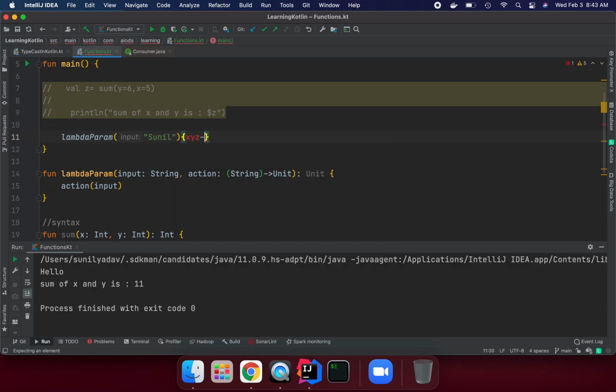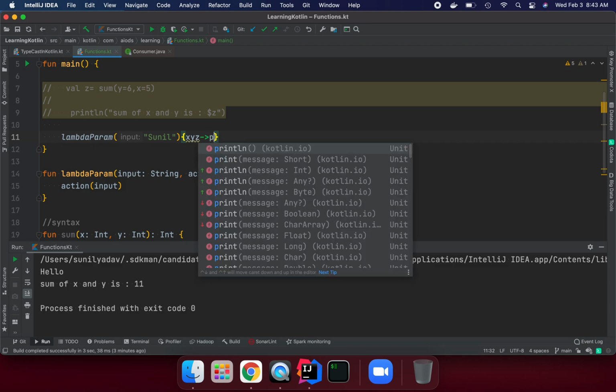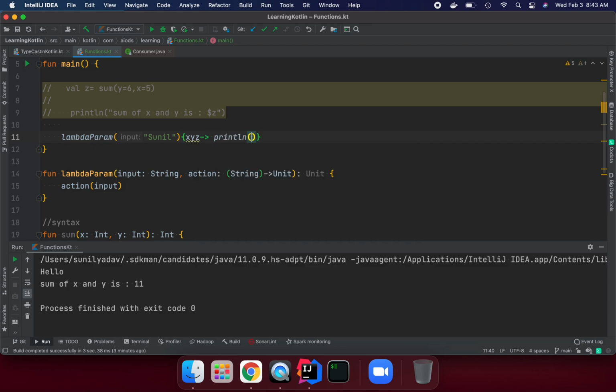I'm going to say take xyz and println xyz. So I'm giving the definition of this parameter. This action is going to take this parameter value and pass it into the action definition and take the variable.